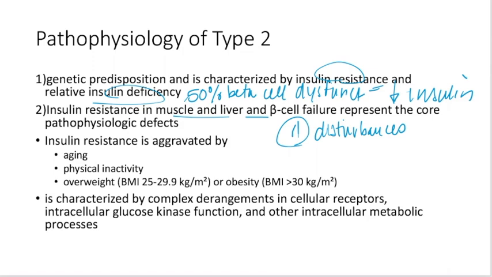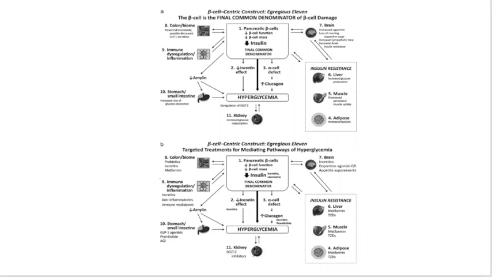So insulin resistance is aggravated by getting older, physical inactivity, and overweight or obesity. These are all independent factors alone without that genetic predisposition. So then we have complex derangements in cellular receptors, intracellular glucose kinase function issues, and then other intracellular metabolic processes are impacted. So when we talk about the ominous octet, or 11, so you can see here we have that pancreatic beta